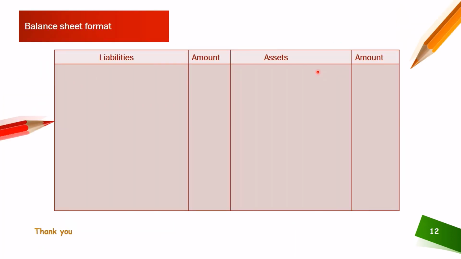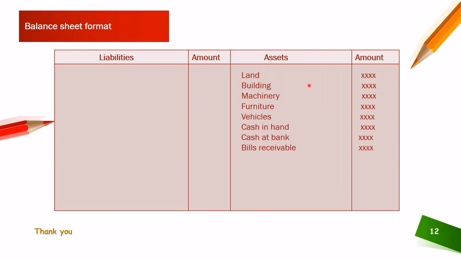Let me see what the balance sheet format is. On the left hand side we'll record all liabilities, and on the right hand side we'll record all the asset items. Let me fill in all the asset items. First land, building and machinery, the same for furniture, vehicles, cash in hand, cash at bank, bills receivables, debtors, and total. Coming to the liabilities side, first capital, and then if you got a profit,